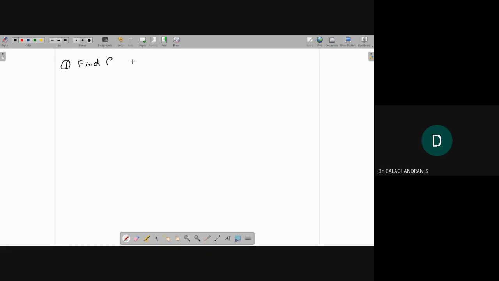Find rho for the curve x is equal to a log of tan of pi by 4 plus theta by 2,